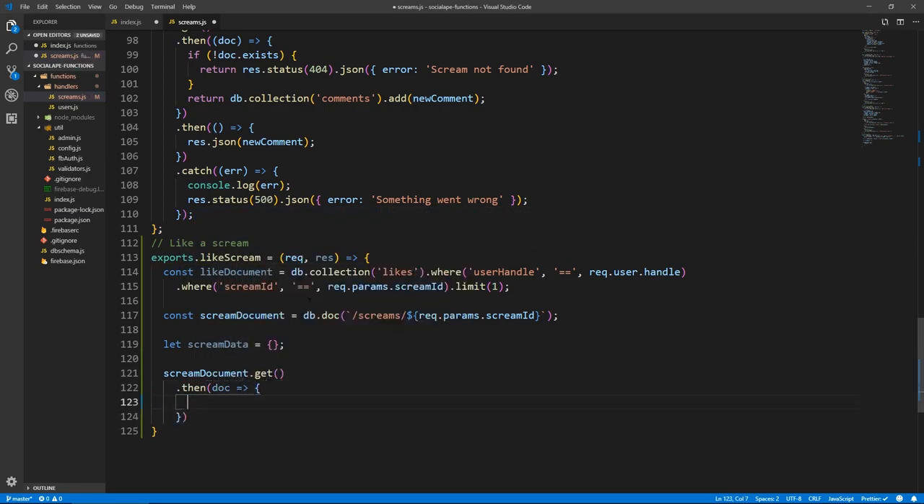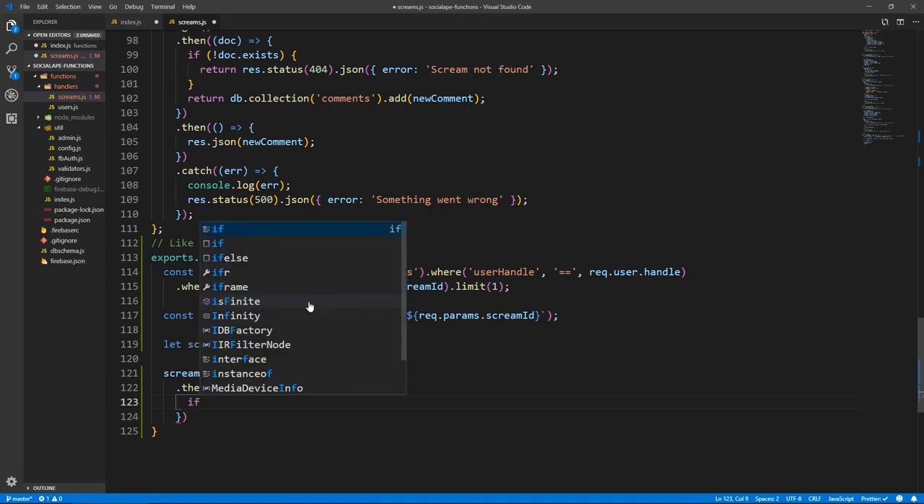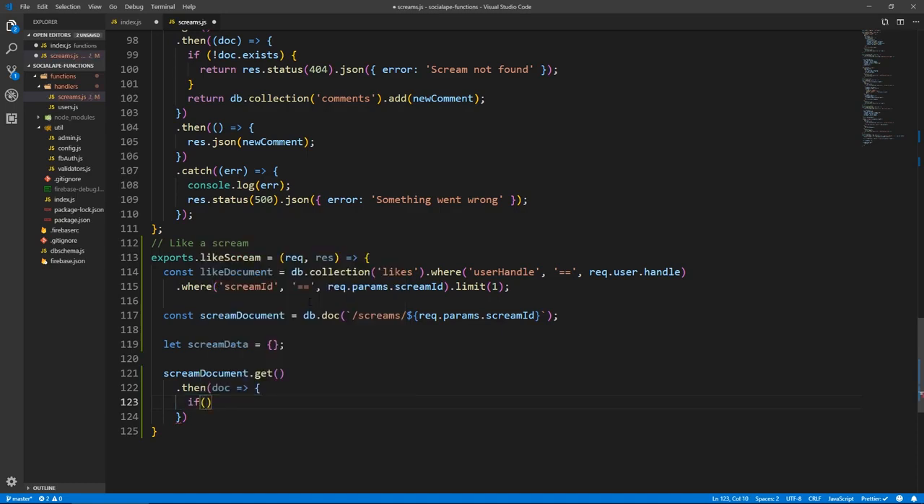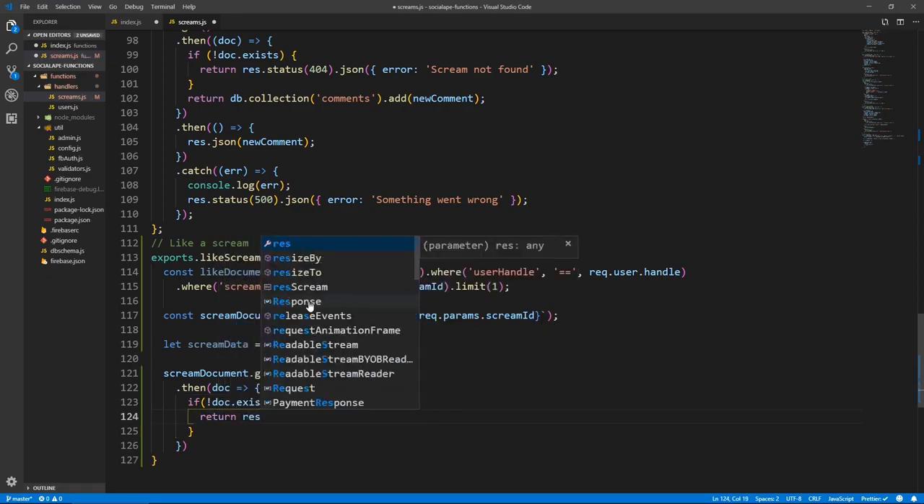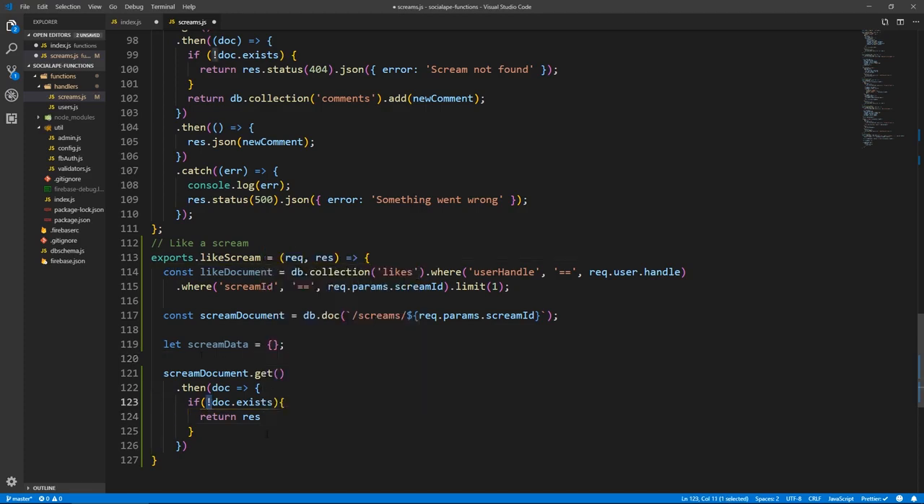Here we do if not doc.exists, and return. Actually, let's start with if doc.exists, because it's more efficient to start with the case that you think is more probable to happen. So if doc exists, then